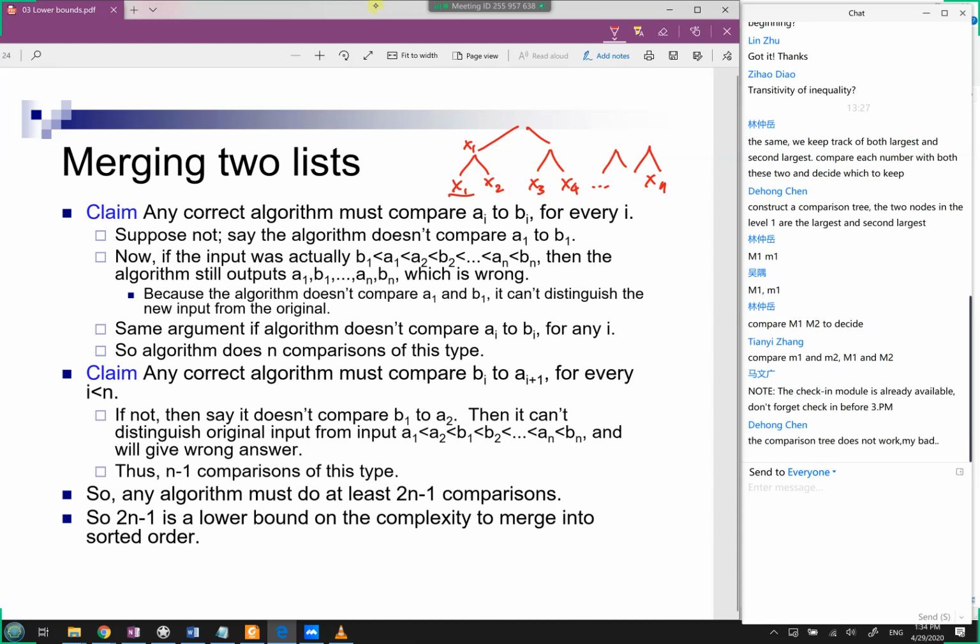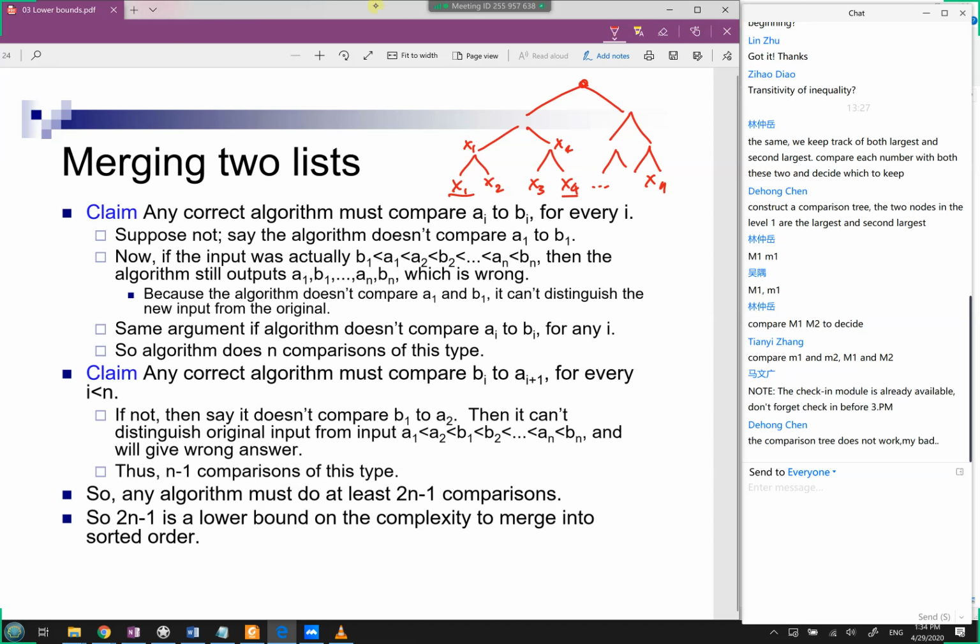And likewise, for x3, x4, you're going to have one of these things move up a layer. Okay, so let's say x4. And so this way, you're eventually going to form this tournament tree. One of these values is going to come out to be the champion in this tournament tree. It's going to beat all of the other values that it was compared to.